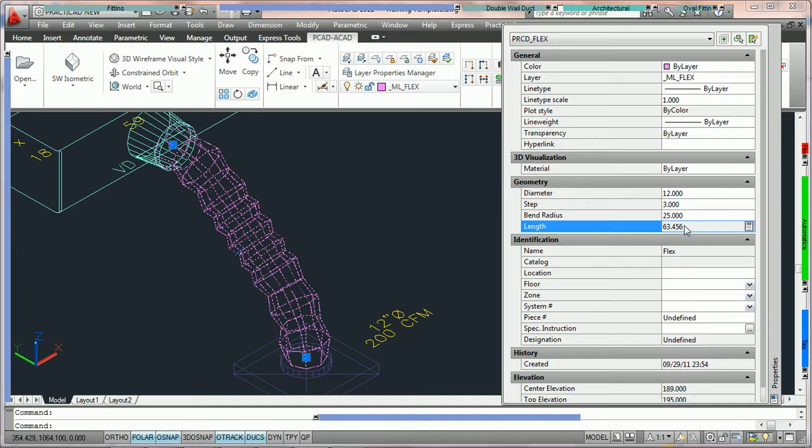The length is always calculated for us automatically. The Flex in the software will edit, and we're going to go over separate tutorials on duct line editing with Flex. But essentially what we have here is the length of the Flex, and this number does not change. Whatever we stretch Flex between 2 points, it's going to read this number. This number cannot be adjusted from the property box. You cannot change the length of Flex here.